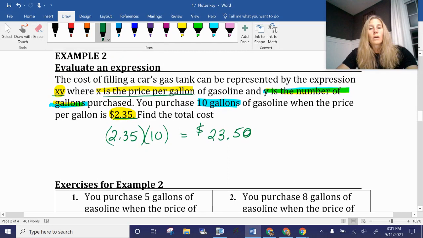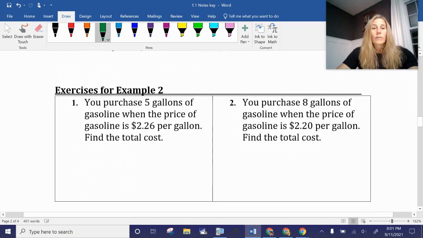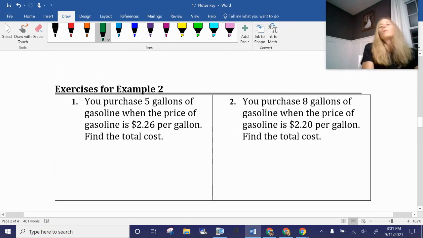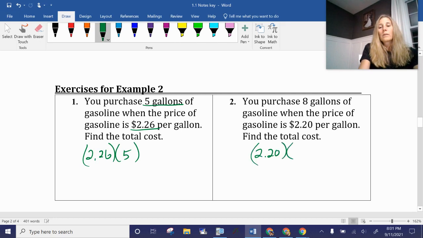So let's try the next two. Just practice it. It's just going to have some different numbers for you to substitute in this time for the variable. So we're still using x times y here, or multiplying the two together. So you purchase 5 gallons, and the cost is $2.26 per gallon. And over here, you're doing 2.20 times 8. So if you do this on your calculator,